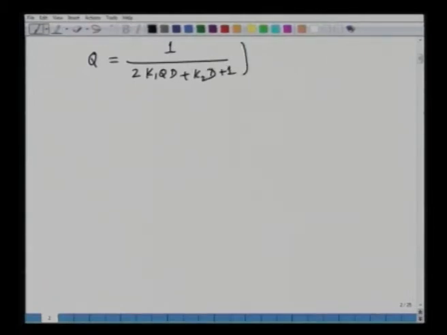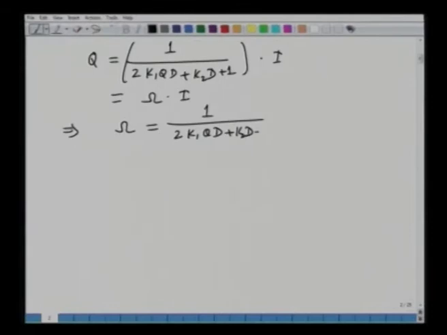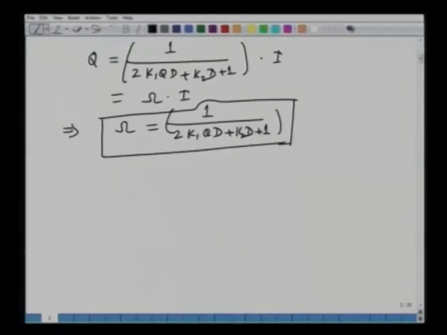And this whole operator is applied on I, and this, as we know, we represent as omega times I. So, that gives you the representation of omega as this expression: twice K1 q d plus K2 d plus 1. So, this is your transfer function operator for a catchment when we assume the catchment to be a non-linear reservoir